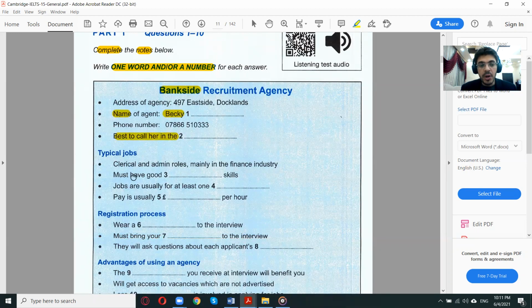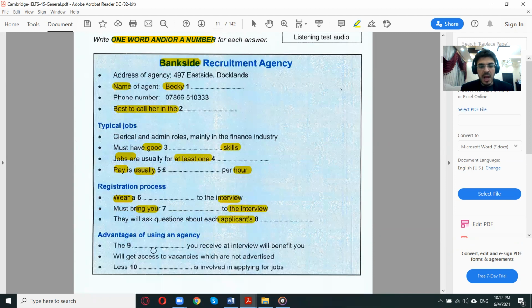Point number 2. Point number 3, she must have good what kind of skills. Point number 4, jobs are usually for at least one what, okay, the period of this kind of job. Pay is usually how much per hour. So I expect to hear a number here, okay? So she should wear something to the interview. She must bring her something to the interview, and they will ask questions about each applicant's something, okay? And finally,